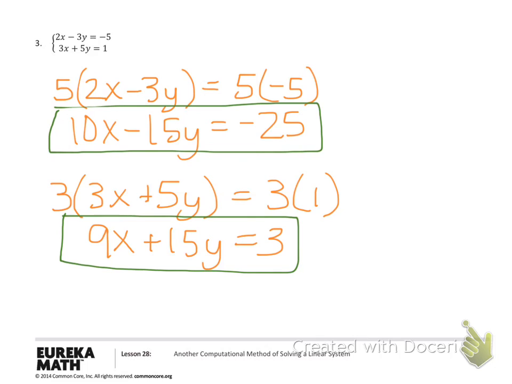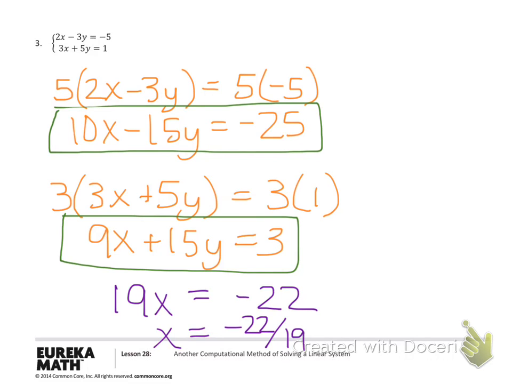I'm going to get 19x, and I'm eliminating a few steps here to make it go a little faster. I'm going to get 19x is equal to, and then I have to add the right-hand sides here. -25 plus 3 is going to be -22. And so x is equal to -22 over 19. So that will be the x coordinate, -22 over 19 of my solution. All right,